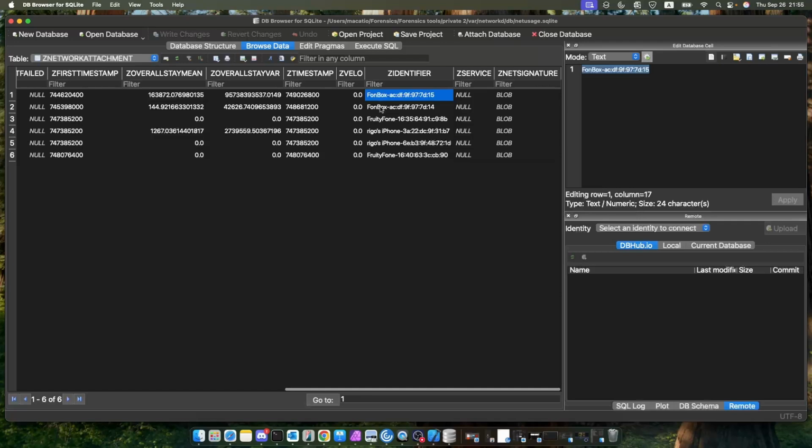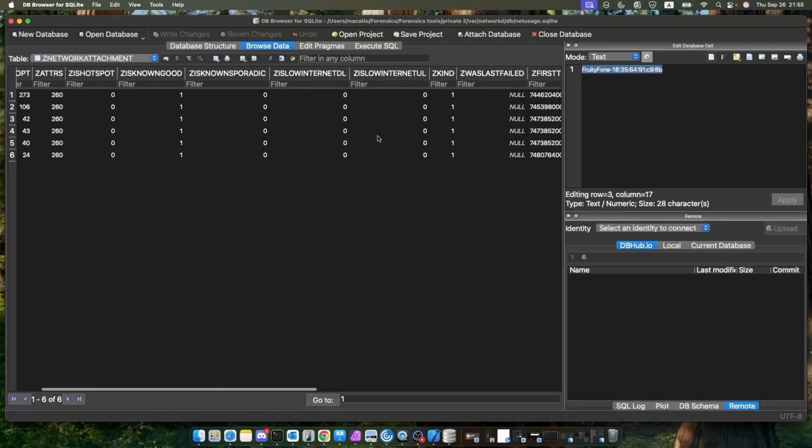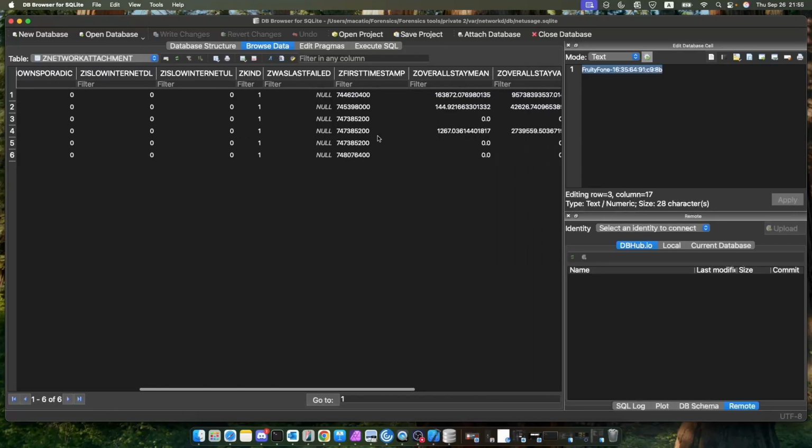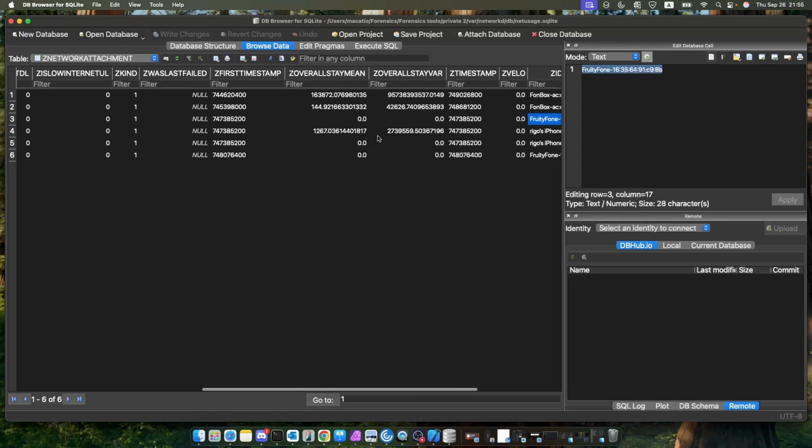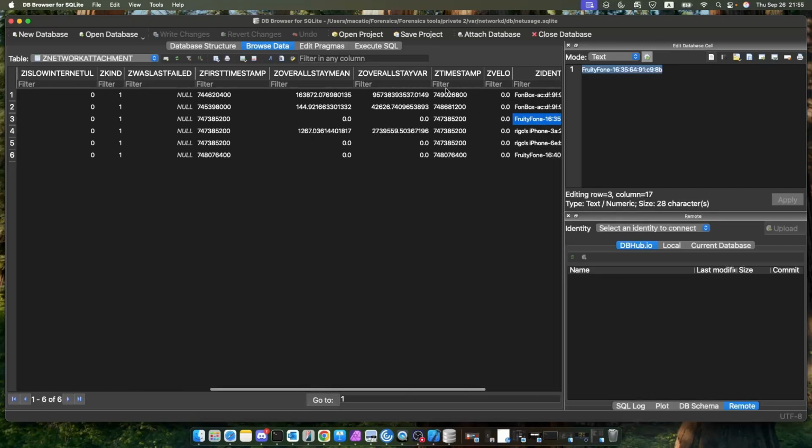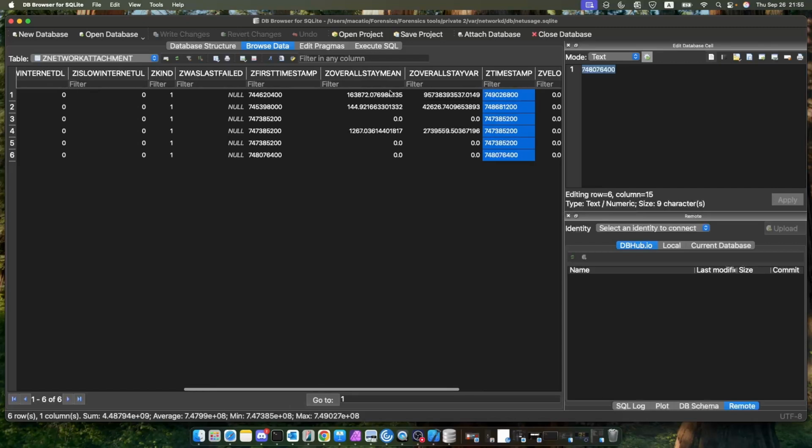One is an actual Wi-Fi router that I was connected to, and the other 2 were 2 phone Wi-Fi hotspots that I was connected to. So this will also show you the timestamp that it was collected. Right here, timestamp. See these? These are timestamps, and